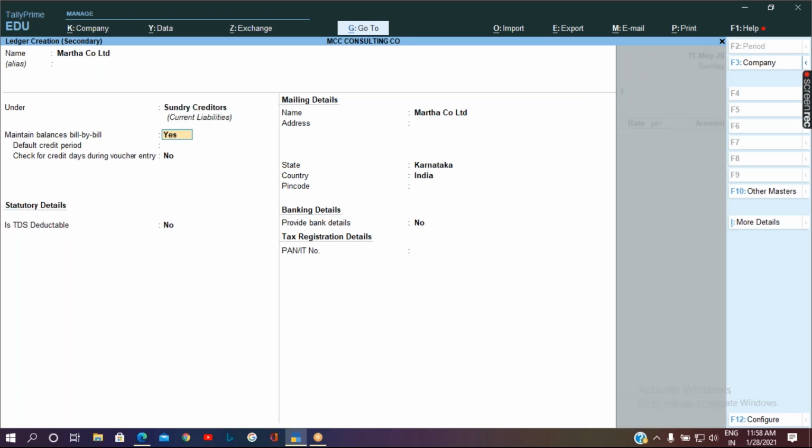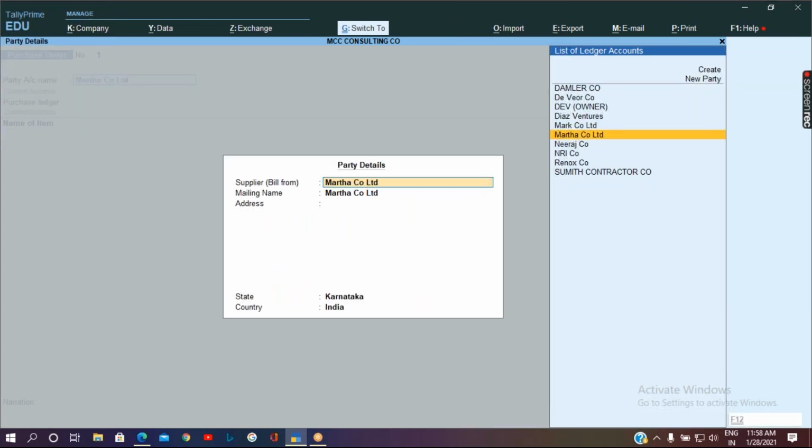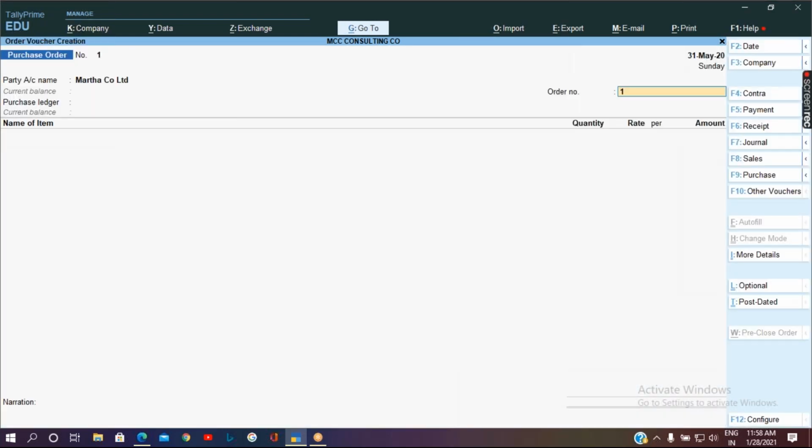Then maintain balances bill by bill as yes, which is mandatory for the party, and accept the screen. Then accept this supplementary detail screen. So this screen is what you are going to get after the party ledger. So it is called the supplementary detail screen. That is extra information if you want to feed to your transactions, you can feed it over there.